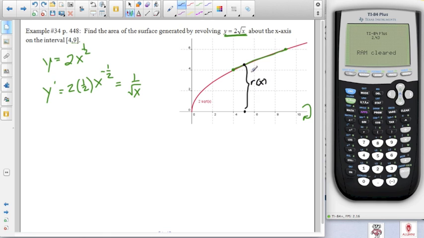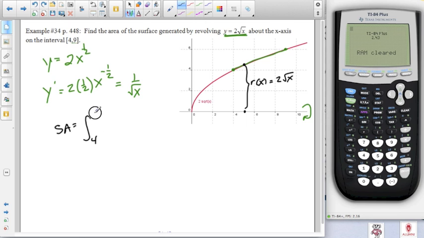And so that r of x then is going to be the function itself, because the value of the function is the distance it is from the x-axis. So the r of x is going to be 2 times the square root of x. And so as we set this up for our surface area of revolution, we're talking about integrating from 4